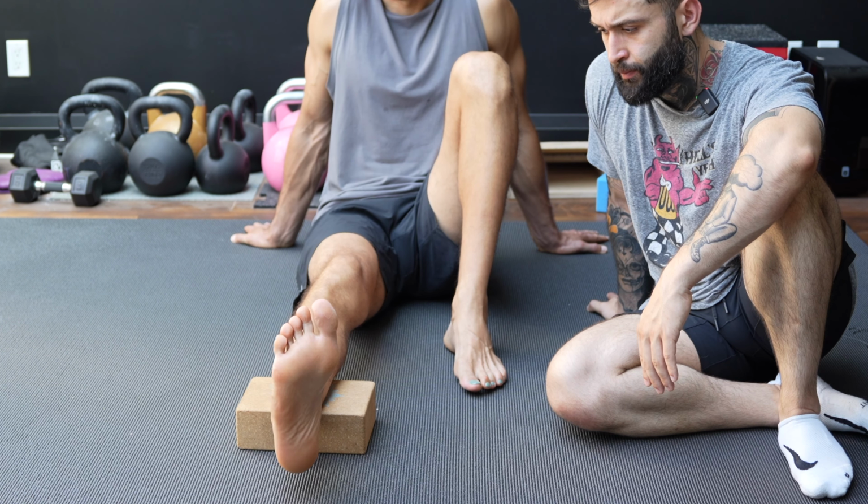However, you're going to need either a slant board, okay, or a kettlebell would do as well, okay? A slant board is going to be more ideal. And I'm going to show you why you're going to need this, because